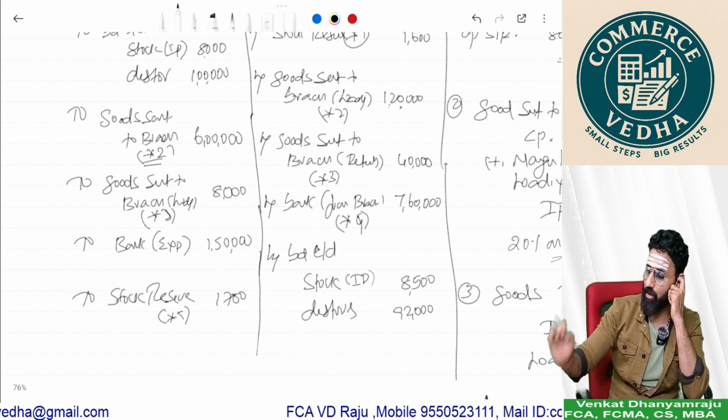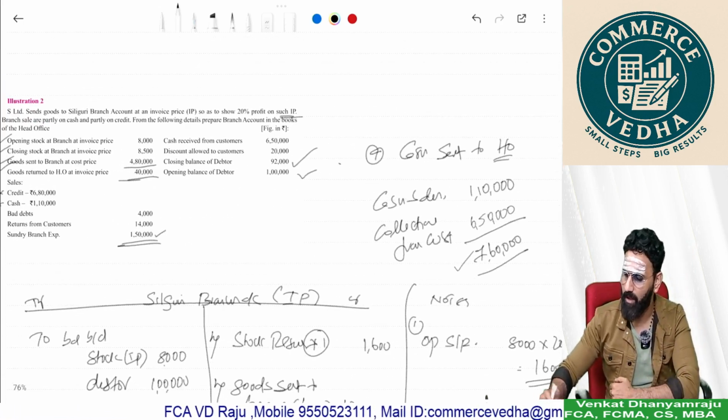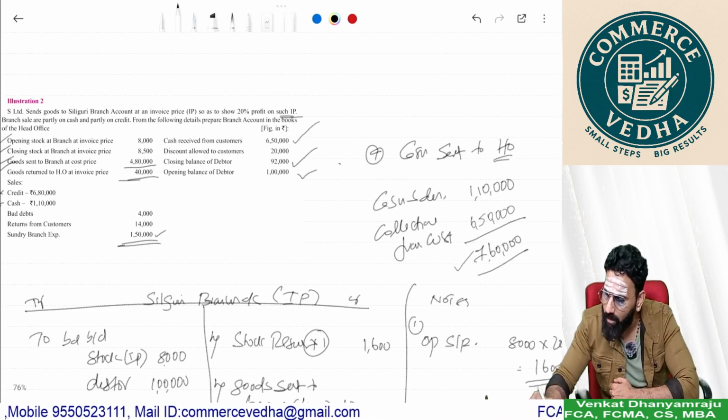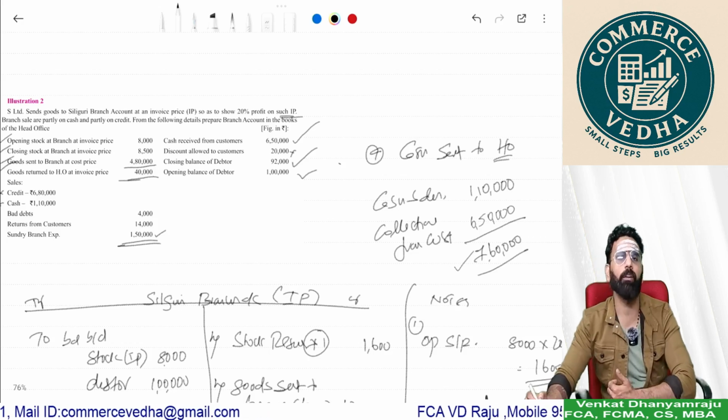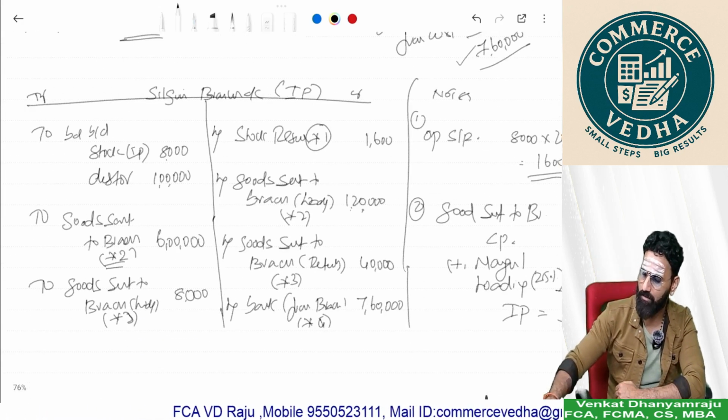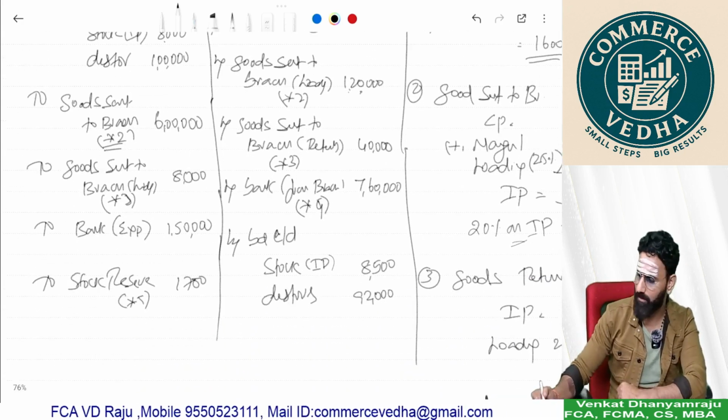So closing stock also I posted. I posted my closing stock and took cash received into account. Discount I anyway don't require because closing debtors is given. So all the information is given. What I can now do is